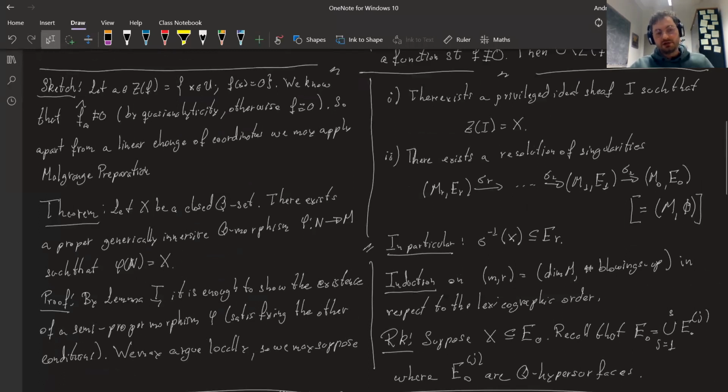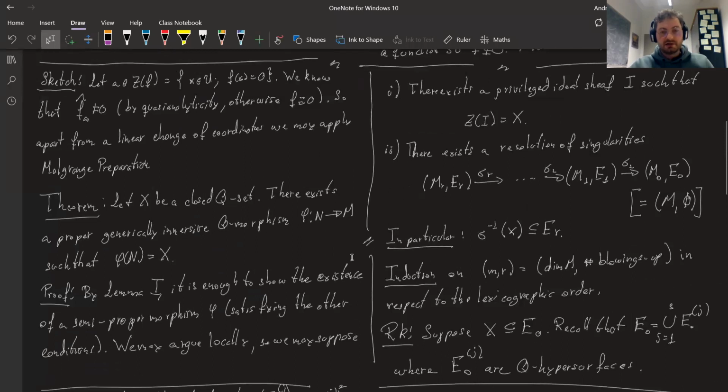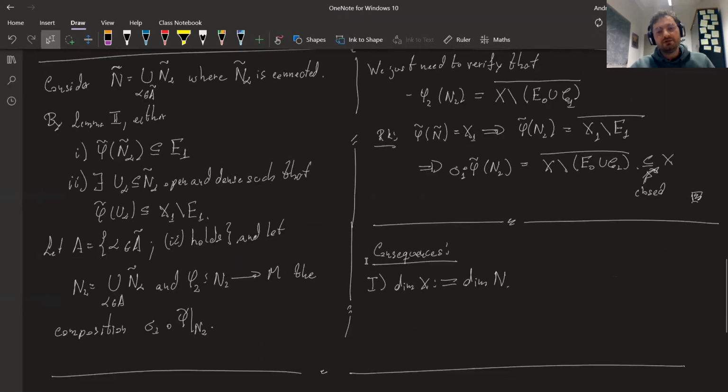And with this, we can actually talk about the dimension of n, which is of a manifold, so it's well defined. And since it's a local immersion, it's going to make sense to call the dimension of x the dimension of n. This is going to be compatible with the Hausdorff dimension of x. In the analytic case, just to make the remark, we don't need the uniformization theorem to define this.